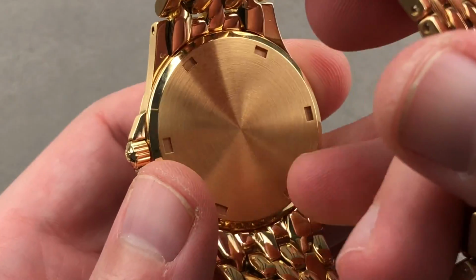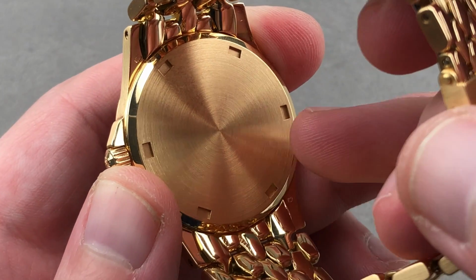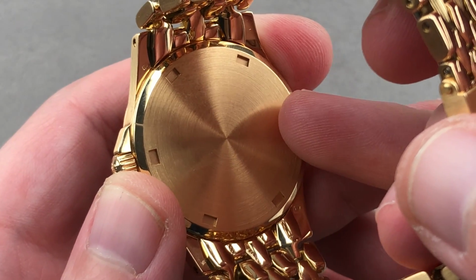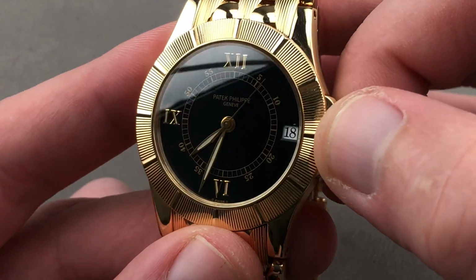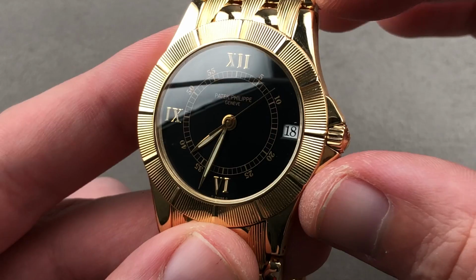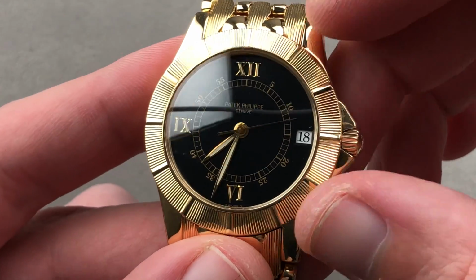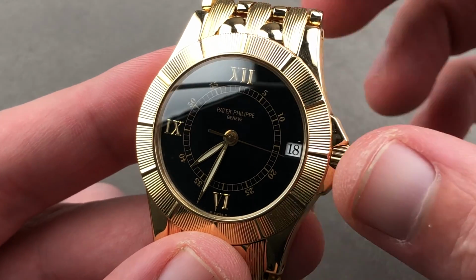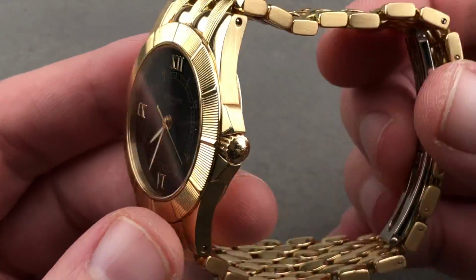Now the case back is a screw in and the crown is a screw down, and there's a lot of uncertainty about the water resistance of this watch. Some claiming 100 meters, some claiming 25 meters. I'm not going to endorse either. I believe this to be a particularly robust 30 to 50 meter water resistant watch. Thanks to the screw in case back and the screw down crown, I'm going to consider it to be a very water-resistant dress-style hermeticity. So while it might be surface swimmable, I recommend it only for rain and splashing while